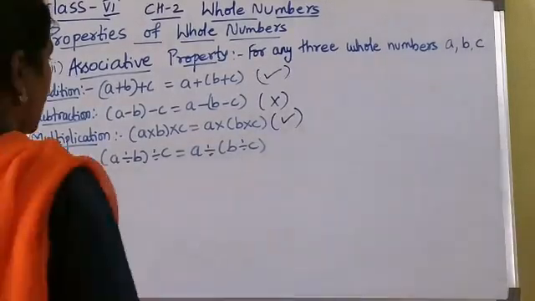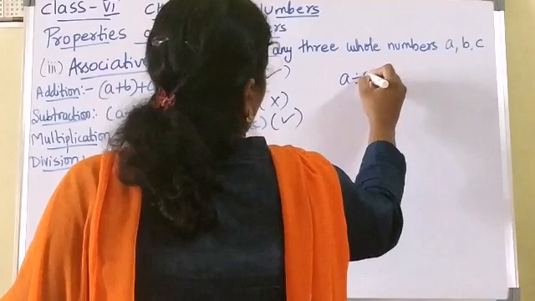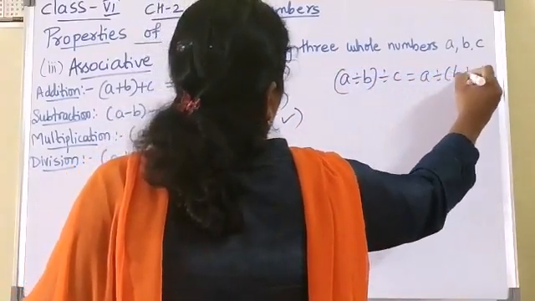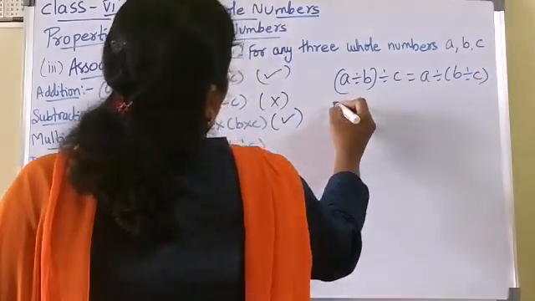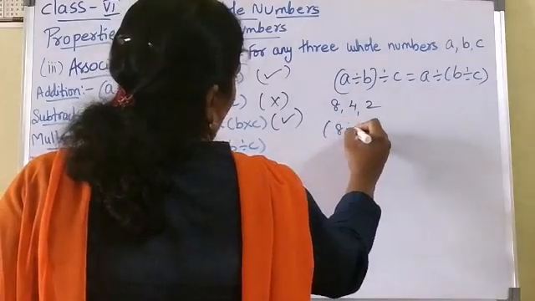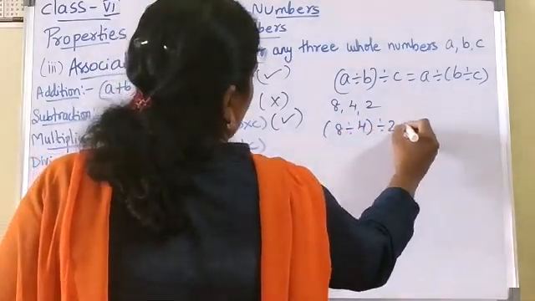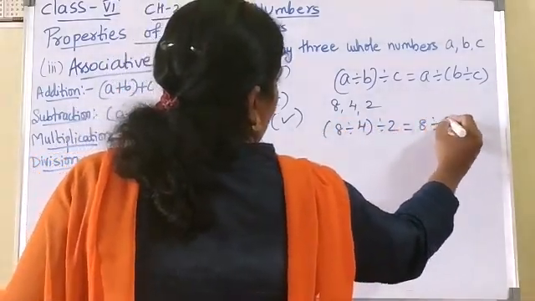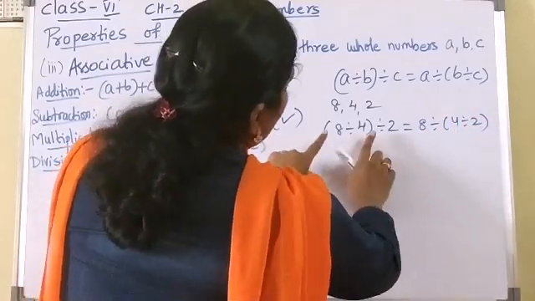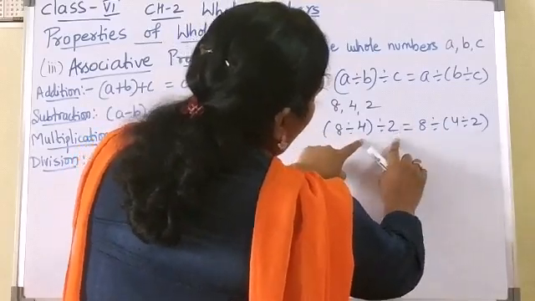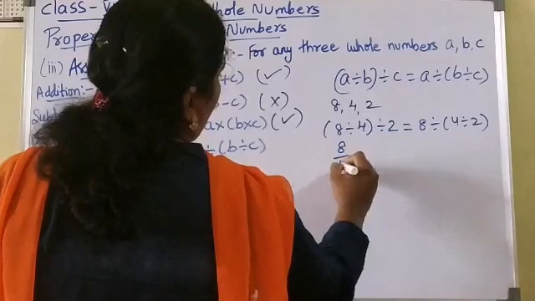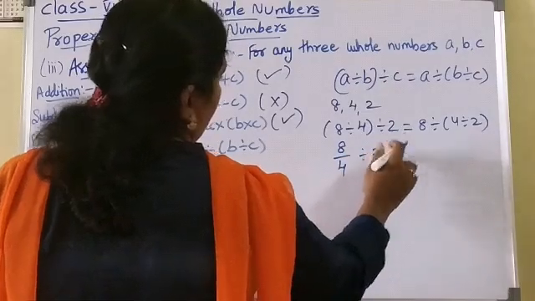Now we will check for division. Okay. (A ÷ B) ÷ C equal to A ÷ (B ÷ C). Now if I take 8, 4 and 2, (8 ÷ 4) ÷ 2 is nothing but 8 ÷ (4 ÷ 2). If you observe, the bracket for the 8 and 4, I arrange it to 4 and 2. Coming to 8 ÷ 4, how do you write, children? 8 by 4 divided by 2, I am writing as it is.